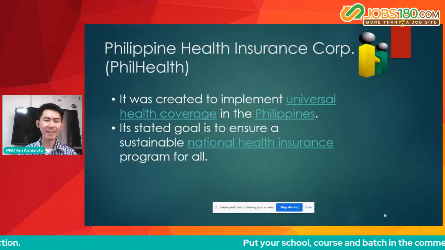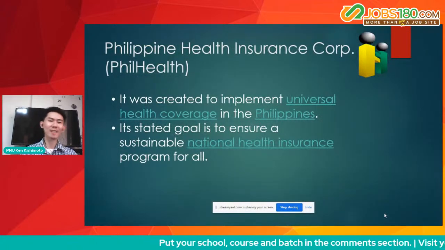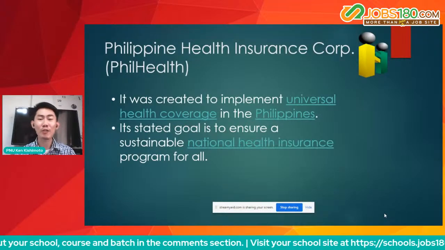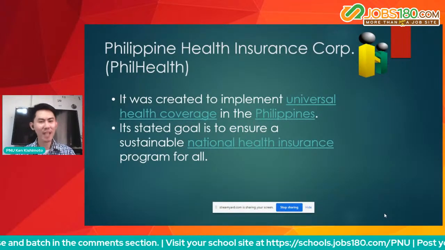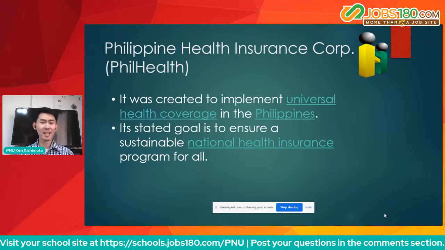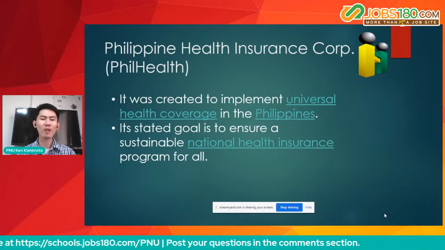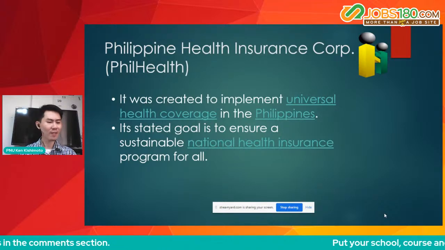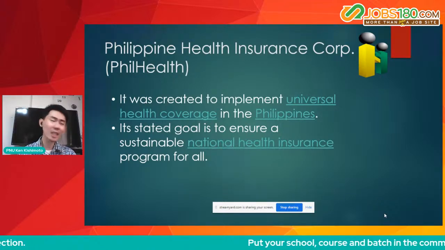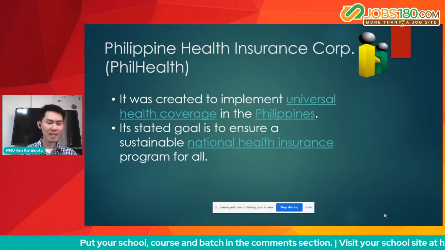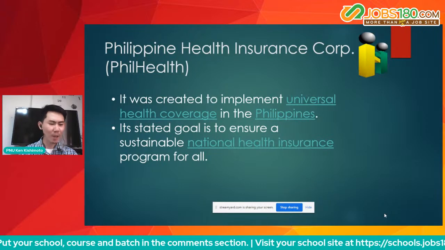Okay. Next up, or ang third natin, Philippine Health Insurance Corporation or sa madaling sabi, PhilHealth. It was created to implement universal health coverage in the Philippines. Its stated goal is to ensure a sustainable national health insurance program for all. So sa PhilHealth, gaya din siya ng pag-ibig, hindi ganun ka-full ang kanilang transaction or yung online system nila para makapag-apply sa PhilHealth. Pero